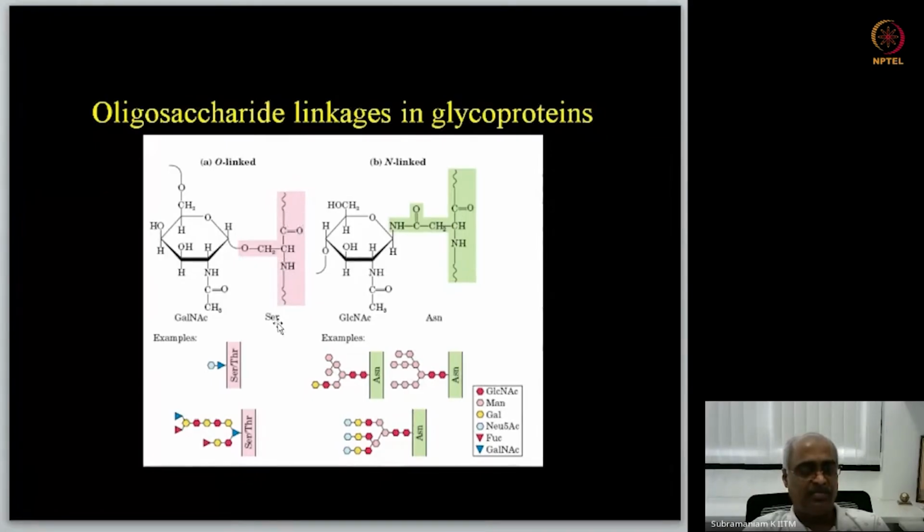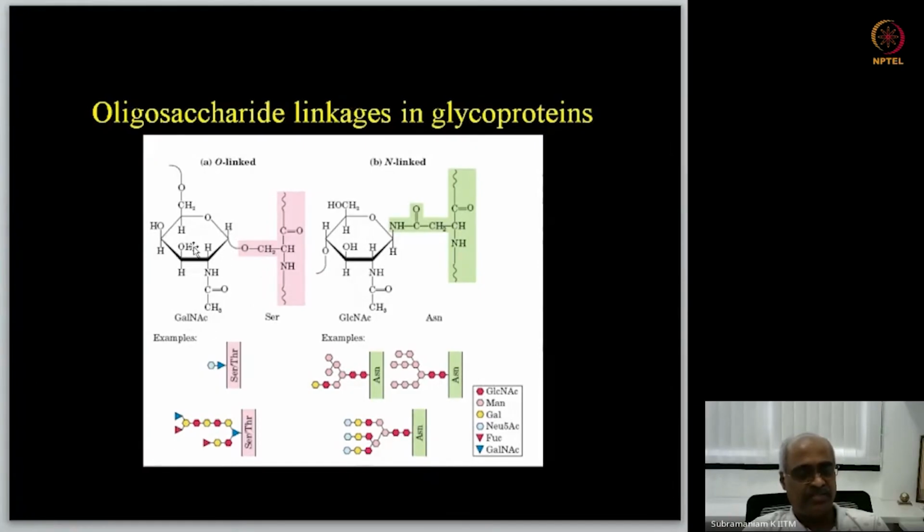It is in peptide bond with another amino acid, and here the carboxyl group is in peptide bond with the other one. This is the alpha carbon. You have the side chain CH2OH, and that is in linkage with the anomeric carbon's hydroxyl group of N-acetyl galactosamine